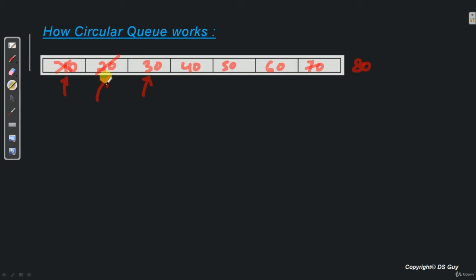So what does the circular queue do in this case is very simple. It says right now the top of the queue is over here and we want to insert 80. So it checks if there is any extra space in the beginning of the array, which in this case we see we have. Then it stores 80 over here and says this is my top of the queue. So now this is not the top of queue anymore. Top of queue comes over here. So the queue starts from here: 30, 40, 50, 60, 70 goes to 80.